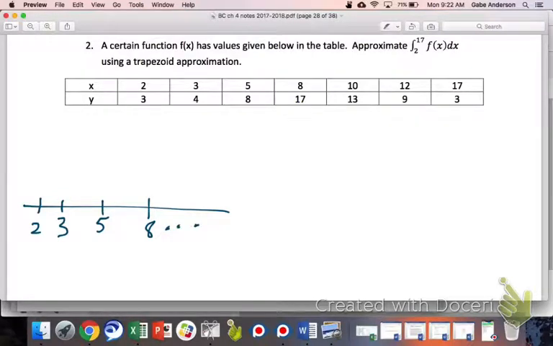Yeah, 3, 4, 8, 17, so something like that. What we're going to do here is build trapezoids into this picture, like that, and so on and so forth. What's tricky about this in regard to the h's and the b1 and the b2? The difference